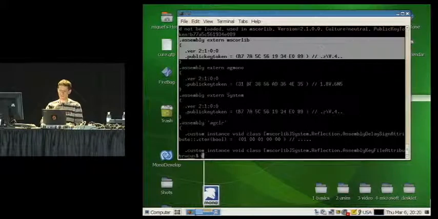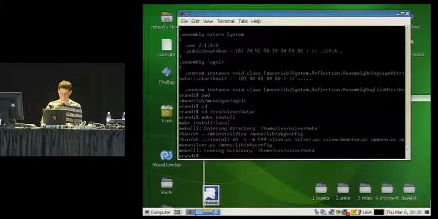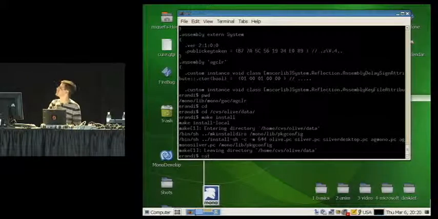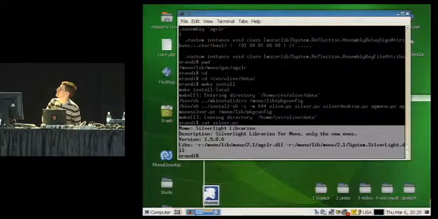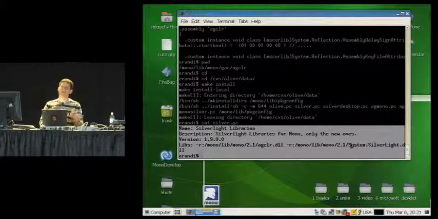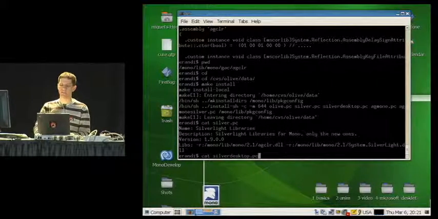So basically, let me show you this. In Olive, data, make install. In Linux you use something called PC files, so we have two libraries. Whenever you link against the Silver library, it will link with the 2.1 version, and you will be limiting what you can do to 2.1. That's the only version that will run on the web. But if you use the Silver desktop PC file,